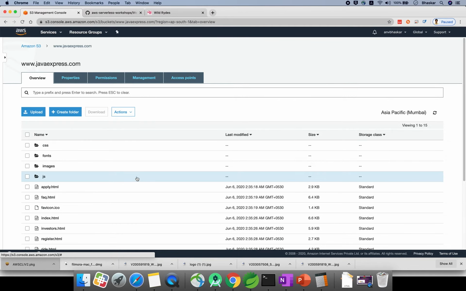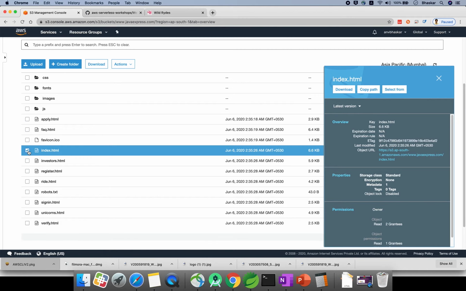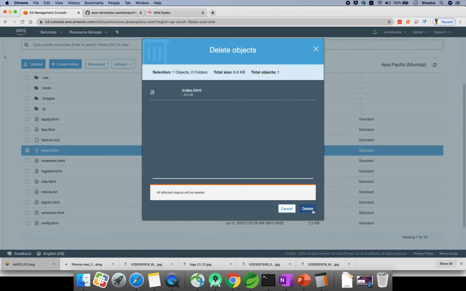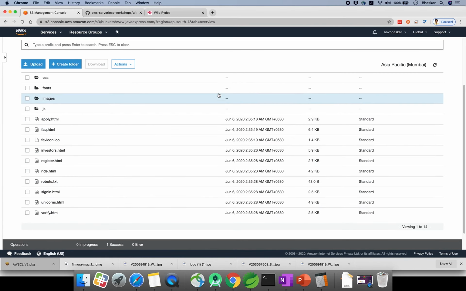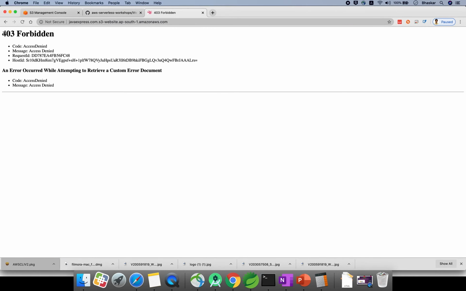What I will do is delete this index.html from here. I have deleted this file. Now just go and hit this URL. See, forbidden. Why? Because index.html is not available.